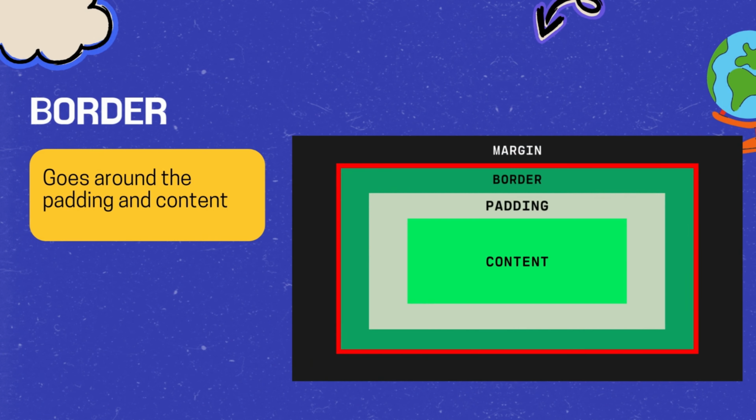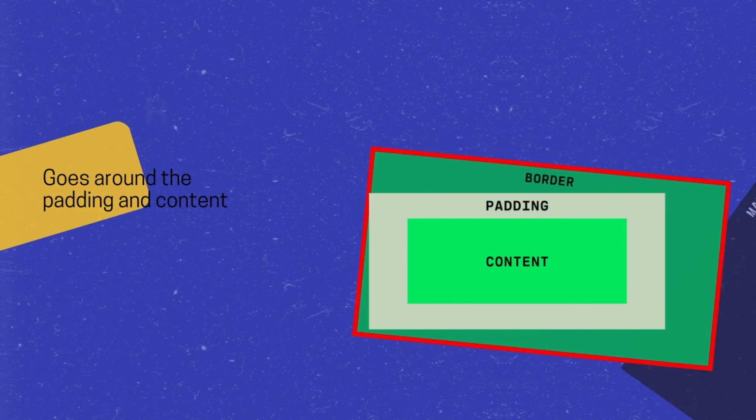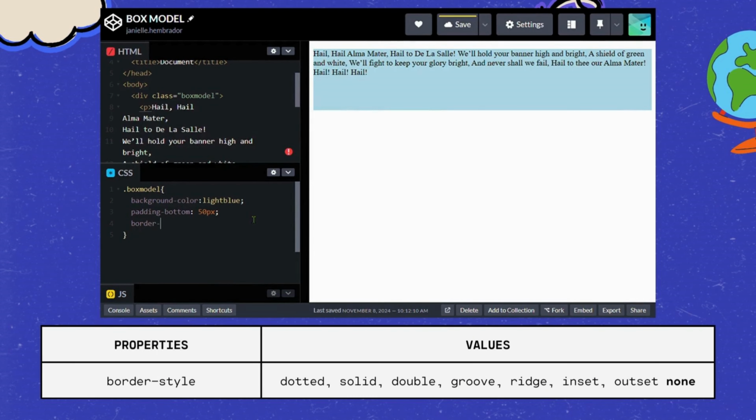Border goes around the padding and content. Border has 4 properties to style the box model. The first one is the border-style property, which has 5 values to change the border styling: the dotted,